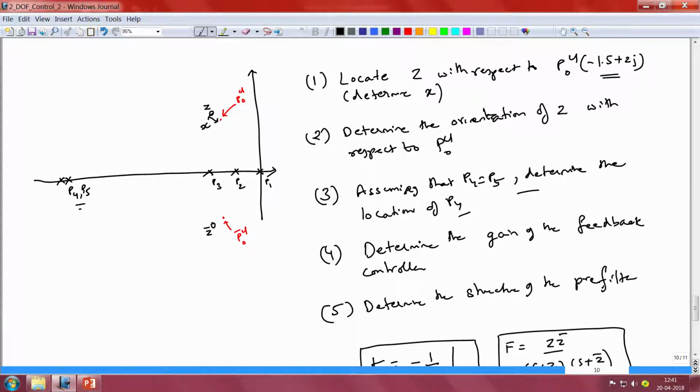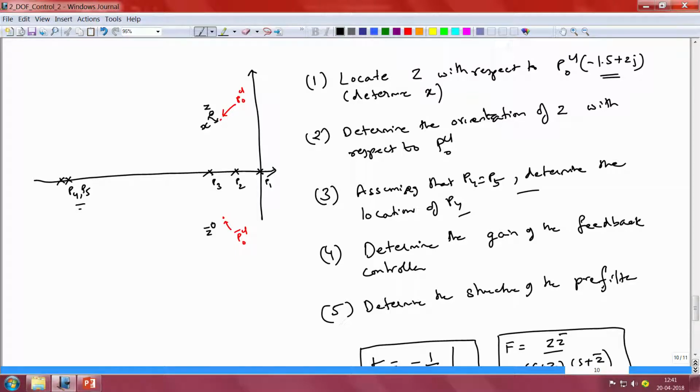We have to have 2 controller zeros placed near the points PCL naught and PCL naught bar, and for the sake of causality we have to introduce 2 controller poles P4 and P5, and we assume that these poles are located very far away. The first step in the design is to determine the distance x of the point z from the point PCL naught. The second is to determine the orientation of z with respect to PCL naught, and subsequently if we assume P4 and P5 are coincident, then determine the location of P4 in the interest of stability,